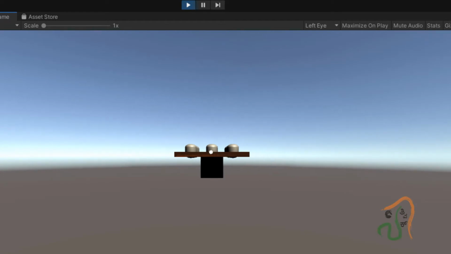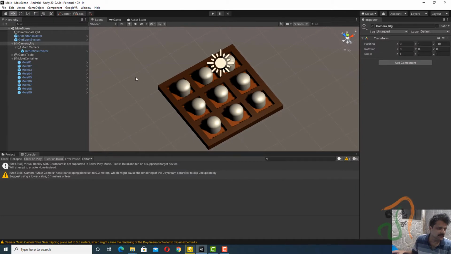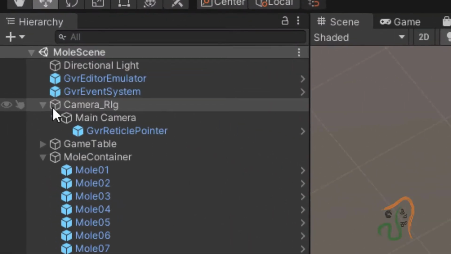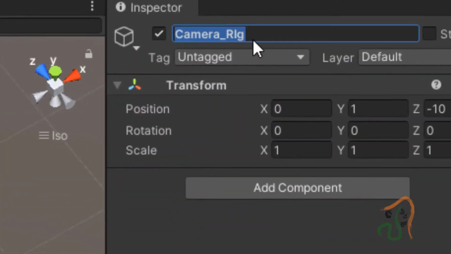Now let's stop the playback. The first thing we are going to do is, we have the camera rig here. Select this camera rig object and rename it as player, because this is where the player is going to stand and play the game. So the camera rig is renamed as player now.